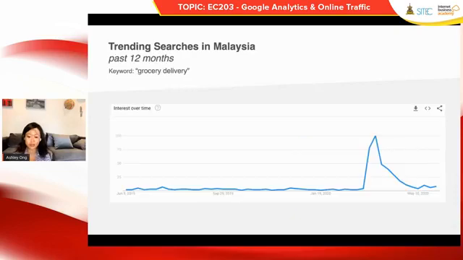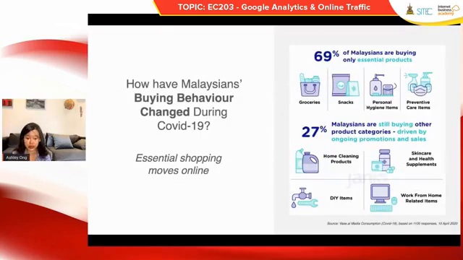So like this one, this is a very significant spike, because in the past, from last year June until January and February, no one was really searching for grocery delivery. But because everybody's staying home, we actually changed our behavior again. We never shopped for things online before, but right now we're actually trying to shop for those products. So I think this is again a change in the Malaysian consumer, especially